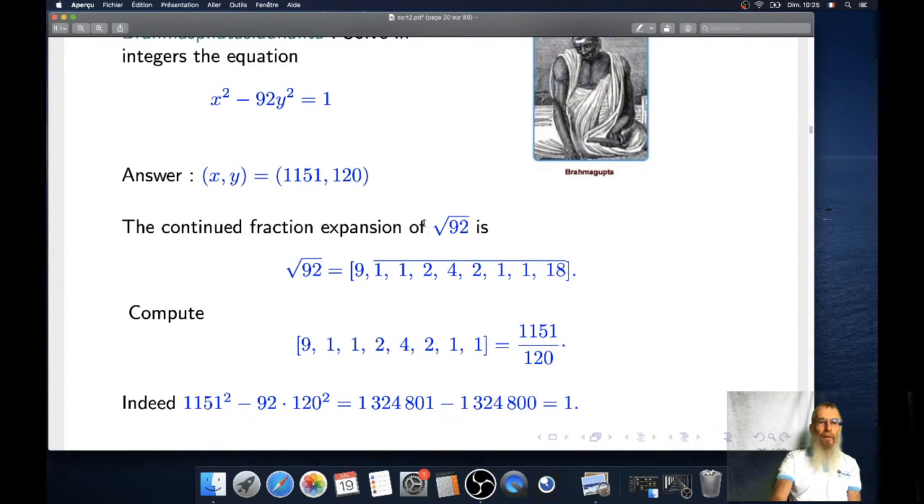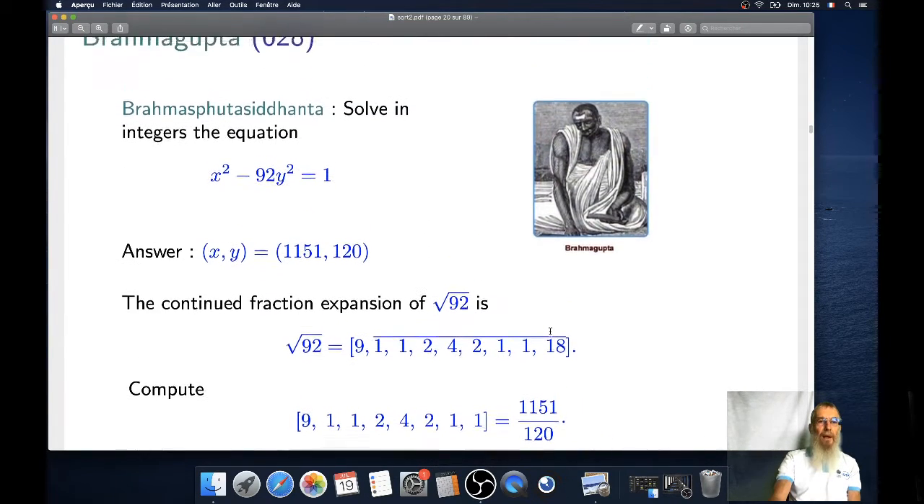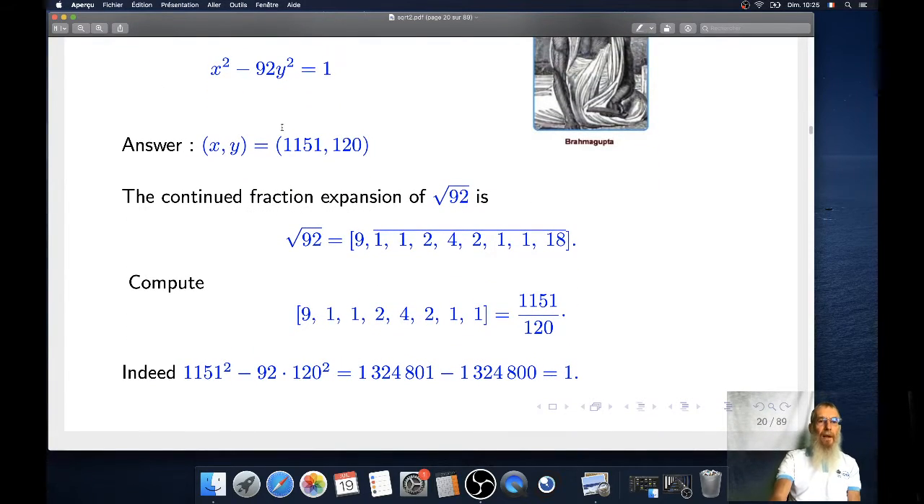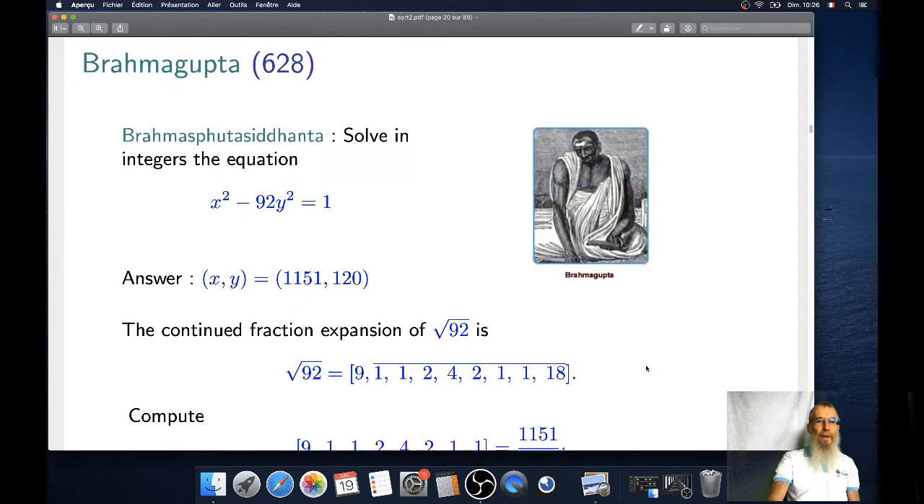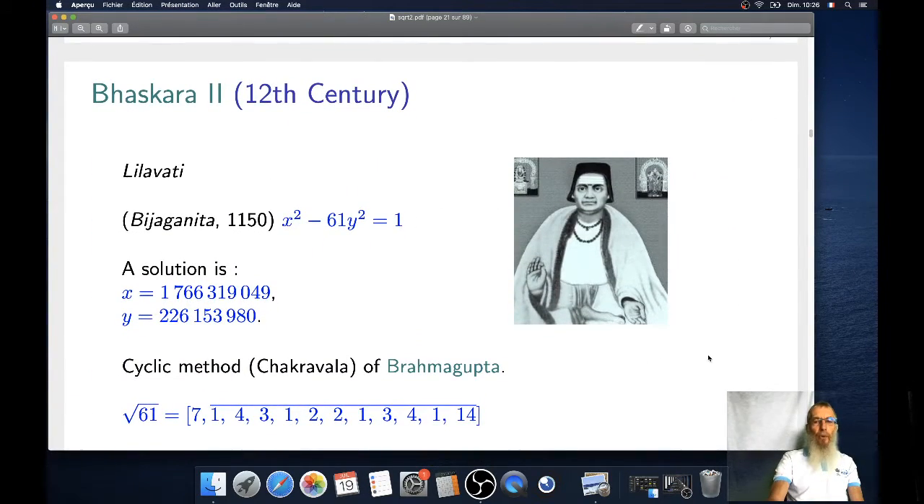So the way to solve the equation which is here, the recipe, is to remove the 18 and to stop at this point 1 here, and you have a finite continued fraction, which is therefore the continued fraction of a rational number. The numerator is 1151, which is the solution x to the equation x squared minus 92y squared, and the y is 120. So this is what Brahmagupta did in 628, and this work was pursued by Bhaskara II